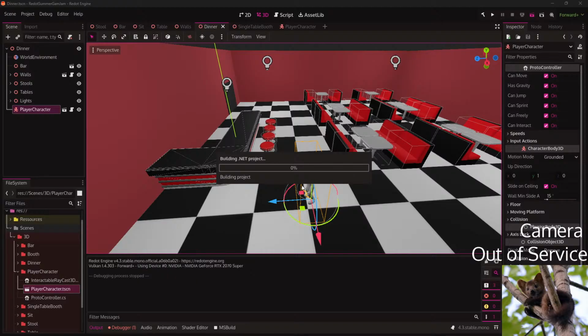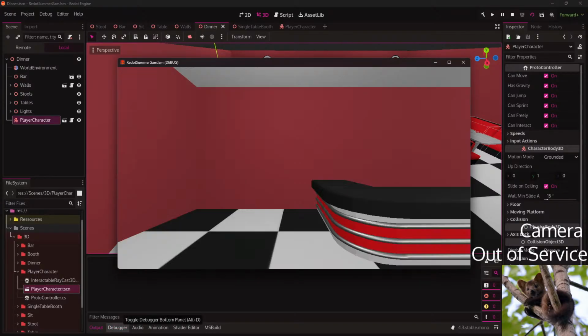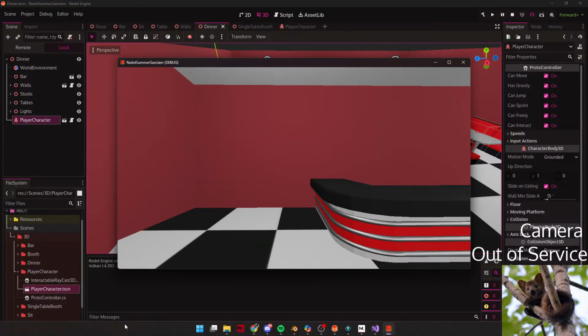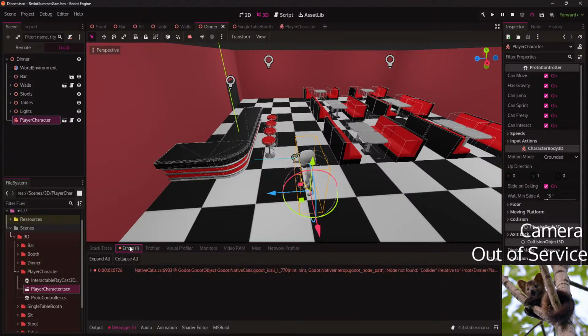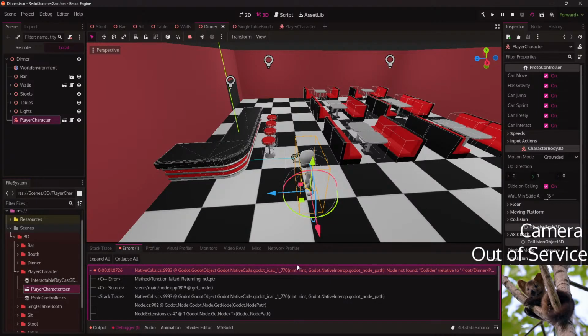Let's try again. And by the way, we have debug. What's that? Collider not found relative to Root Diner. Do I have a specific place for that?